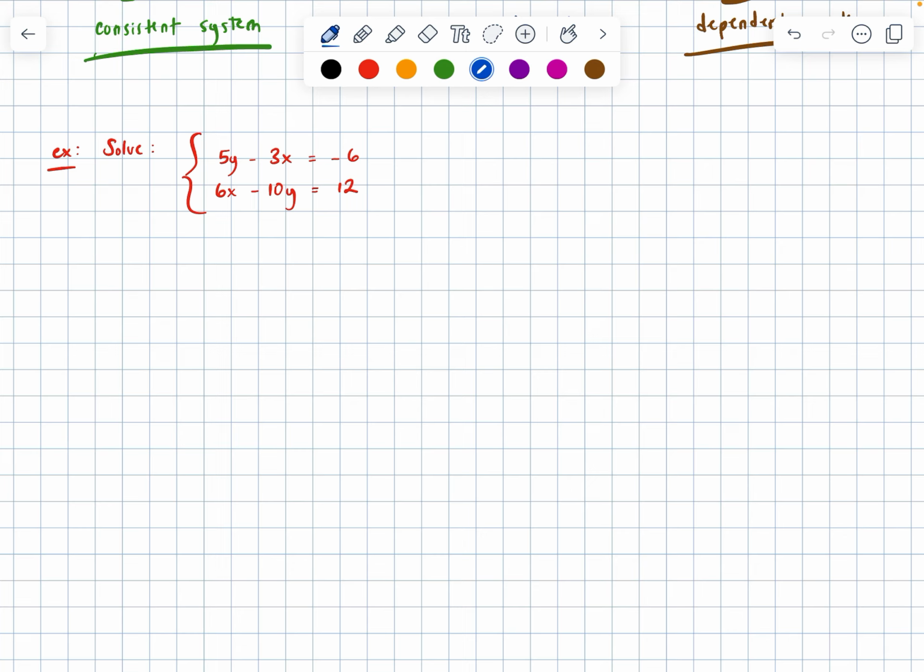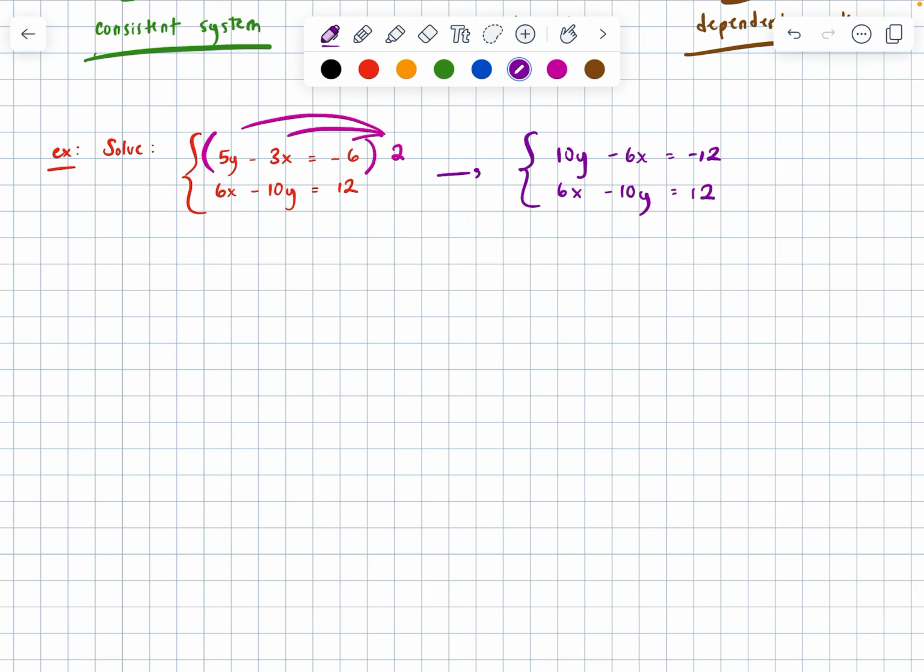And stop. Let's do, for the sake of switching it up, some elimination. So I'm going to take the first equation here. Notice I have a 3x on top and a 6x on the bottom. Let me multiply the top equation by 2 to turn 3x into 6x. Taking this guy here, my new system of equations on top, 2 times 5y would give me 10y. 2 times -3x is -6x. And 2 times -6 is -12. And then on the bottom, I've got 6x minus 10y